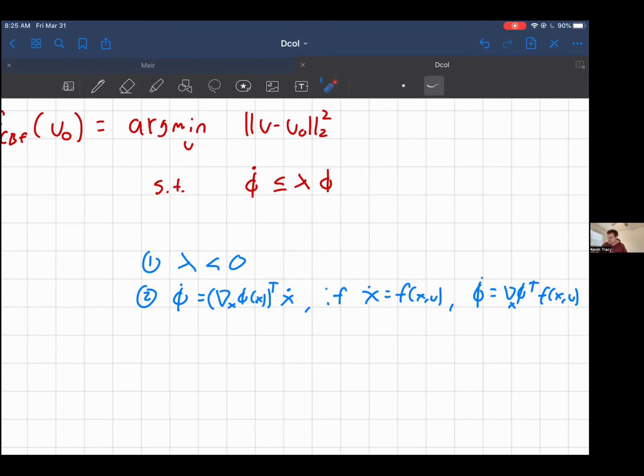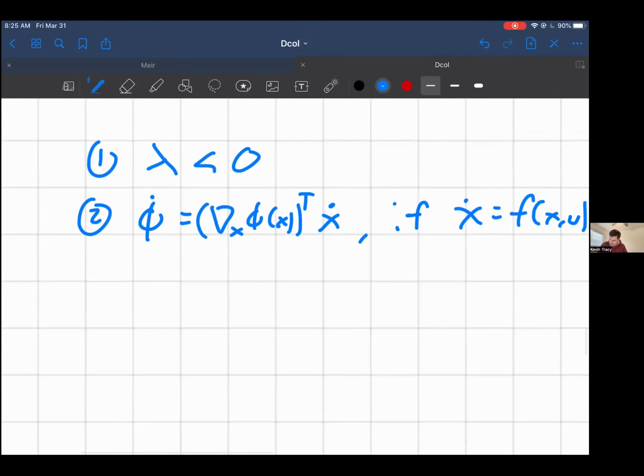And if you look at the math, and I'll post an example of me doing this, if you just do this naively and write down the double integrator dynamics, you get phi dot is always 0, which is not true. So a little workaround here is that you can just do